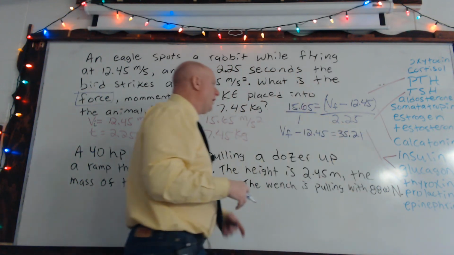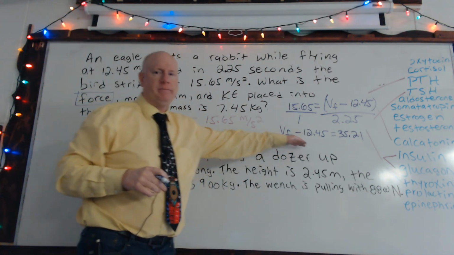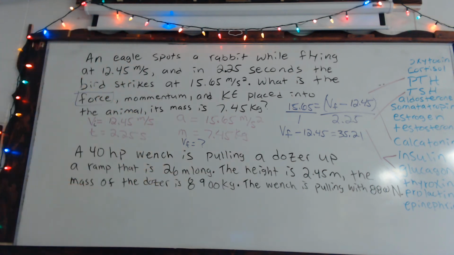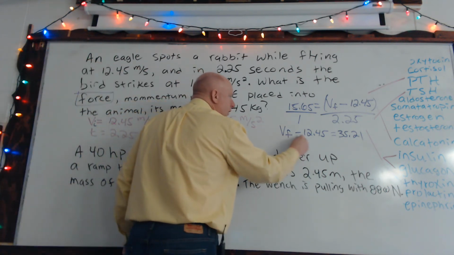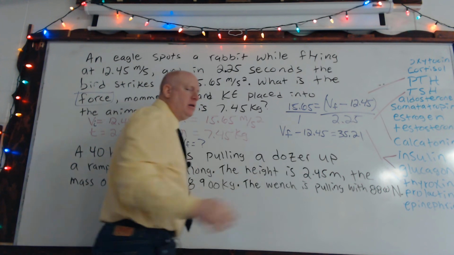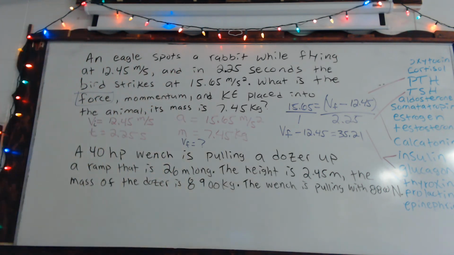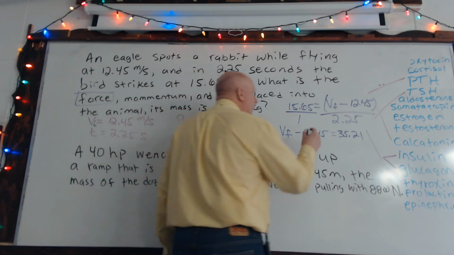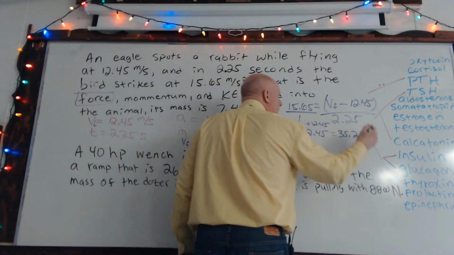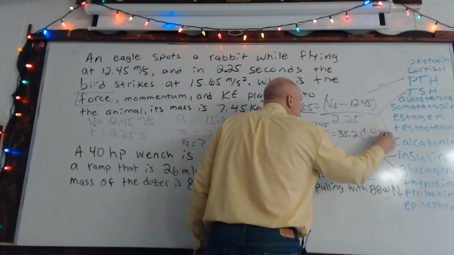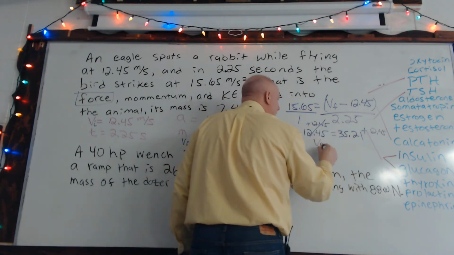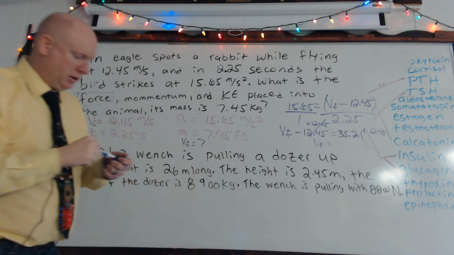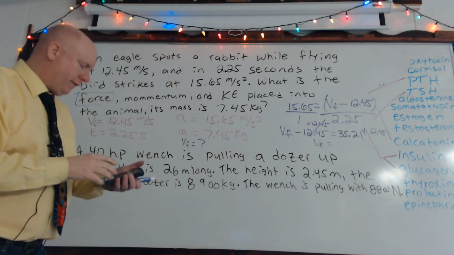Again, we haven't solved for anything yet because we just have this equation. So we need to get that Vf by itself. And notice that we're subtracting here. So to undo subtraction, what do you think we're going to do? If you said we're going to add 12.45 to each side, that would be correct. So we're going to add 12.45, and they're gone, so the final velocity now equals 35.21